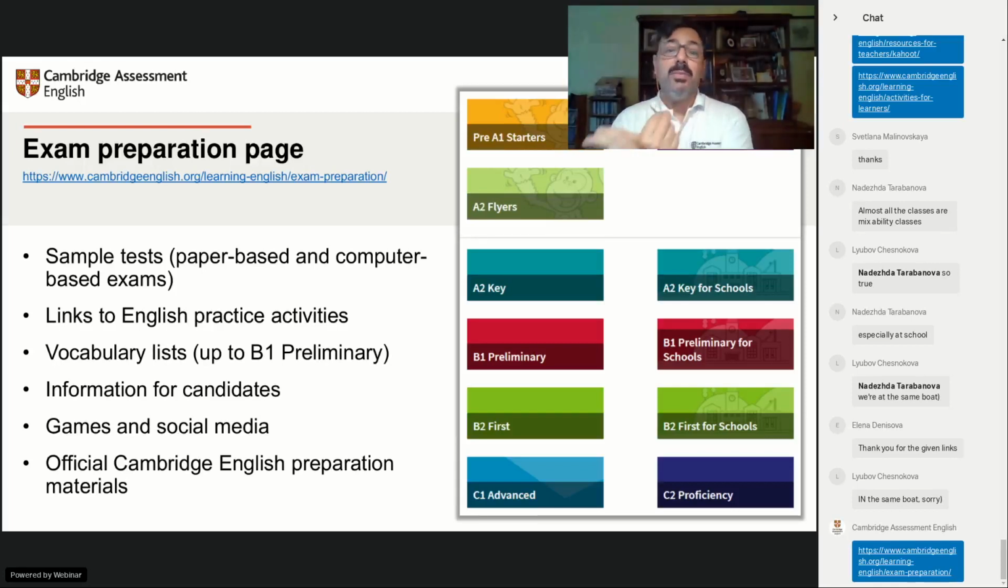So both paper-based, if you want to print them as it's a PDF, you can print it, and computer-based. If your learners will be doing their exam on screen, you have a computer-based exam that you can actually do on the website that is going to show you exactly what you're going to find on the day of the exam on screen. You have links to the practice activities, many of them we were talking about right now, but